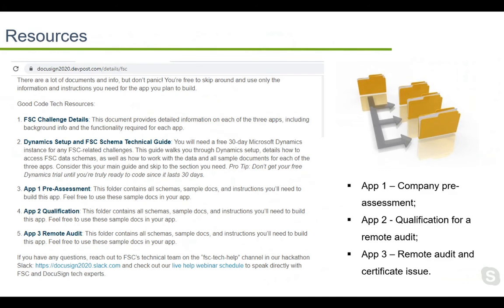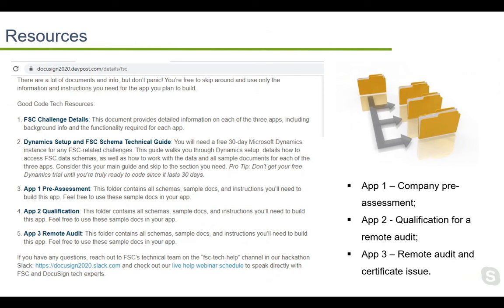Second point to quotation is about resources. We received some questions about the resources that we are providing you and when you should use these resources. For example, maybe one resource is used in app 1, resource 2 in app 3 as well.